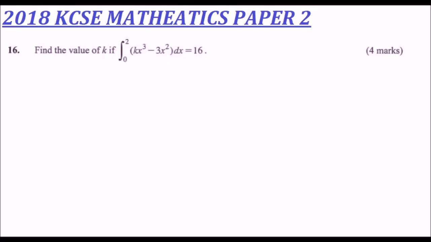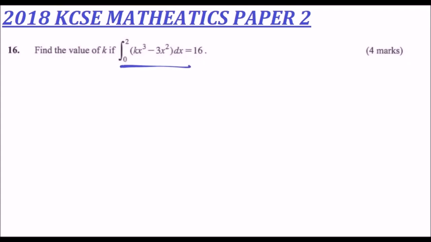So this is question number 16, 2018 KCSE Mathematics Paper 2 on integration. Find the value of k if the integral with limits 2 and 0 of (k - 3x²) with respect to x is equal to 16. So the first thing here is to integrate this